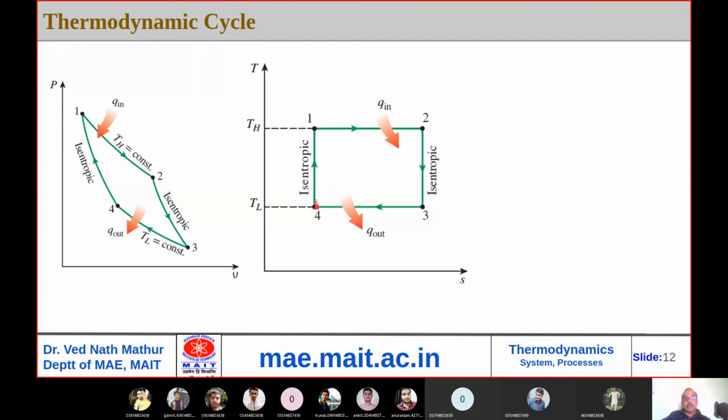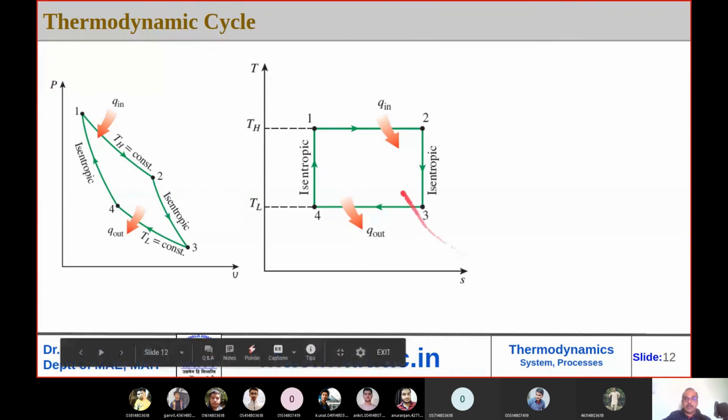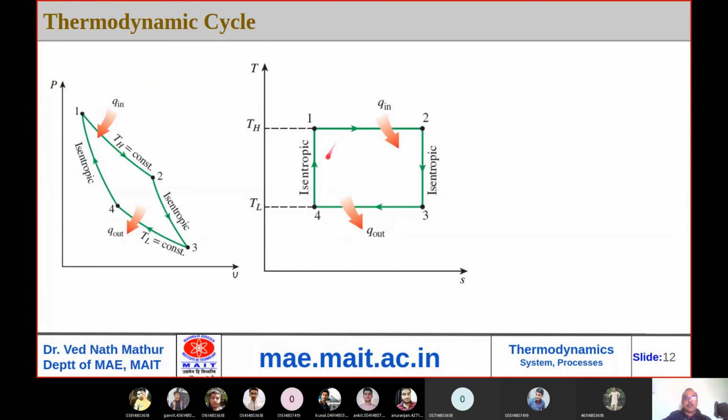This is isothermal expansion, isentropic compression, isothermal heat rejection, and isentropic expansion. So this cycle and this cycle are the same, but this cycle has been drawn on a PV diagram and this cycle has been drawn on a TS diagram. Now on this cycle, we'll again calculate a formula for heat transfer that comes out to be T into ds. So the area below the curve on a TS diagram is equal to heat transfer.